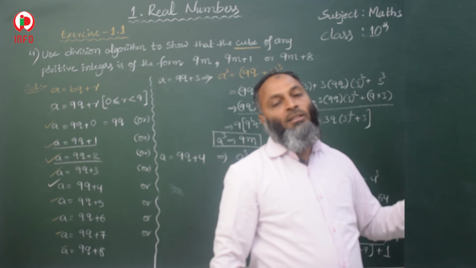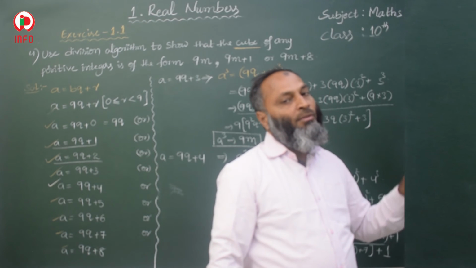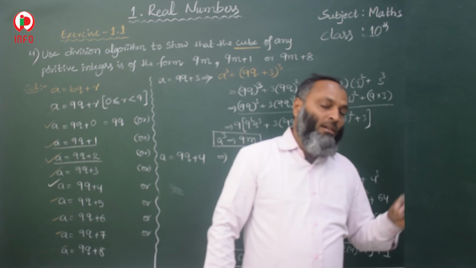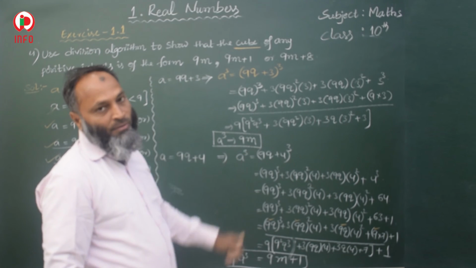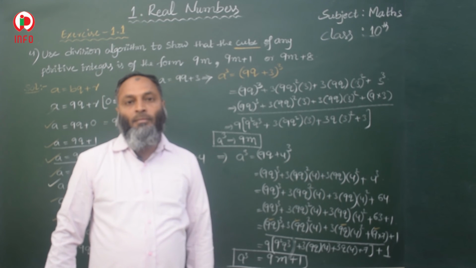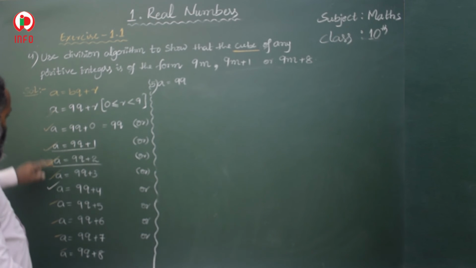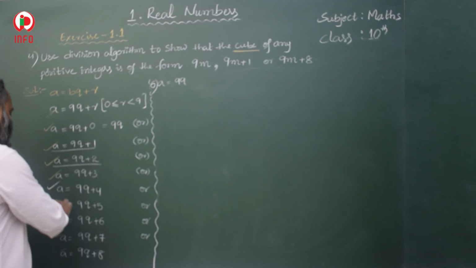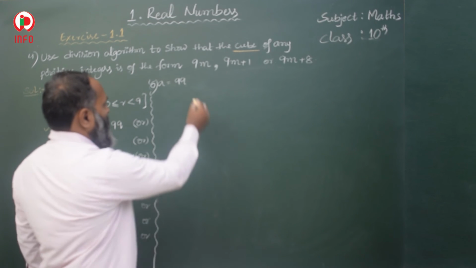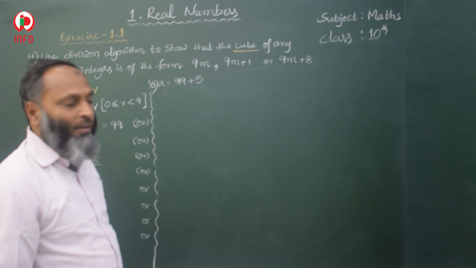So in this form we first convert and prove whatever the cube forms are there. That is in the form of 9m or 9m plus 1 or 9m plus 8. Next we go for 9m, 9 cube plus 5. Okay. So 1, 2, 3, 4, 5. Now the sixth one, we are going to do the sixth one, that is 9 cube plus 5. The next one is a equal to 9 cube plus 5. Okay, till 4 we did.